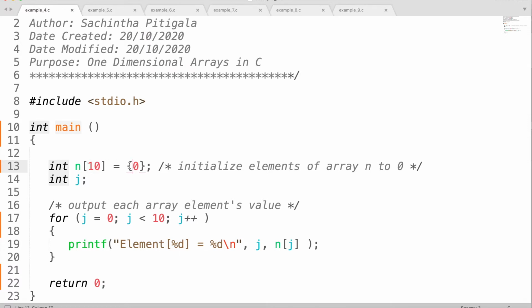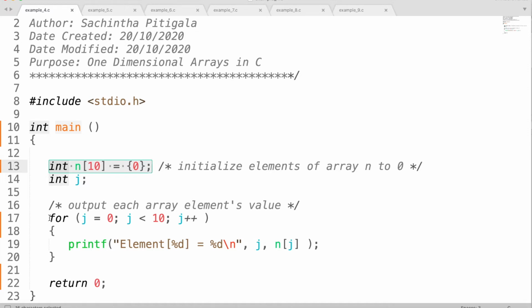This is the easiest way to initialize your one-dimensional array to 0. When we execute this statement, the computer will assign 0 to all the 10 different locations in my in array.